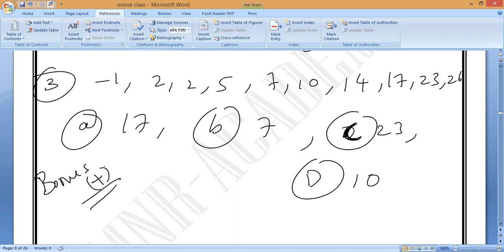Tell me, Ra. What is the odd one out here? Anybody? X square plus 1? Oh, it is not given. It is not following the pattern. You check it once. If you apply 2 square plus 1, here itself 5 should come. Correct, Kevin? Yes or no? Don't think the same previous thing. It is not following the same thing.